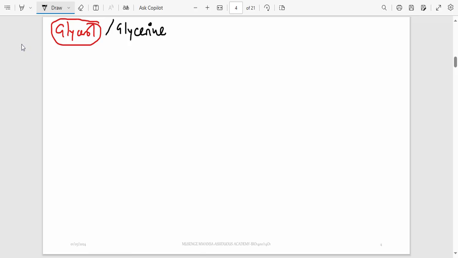Glycerin. So glycerol is a simple sugar polyalcohol. What do you mean by polyalcohol? It has got a lot of alcohol functional groups. It has got a lot of OHs. So glycerol has got three carbons. I need you to know the formula for glycerol. It is